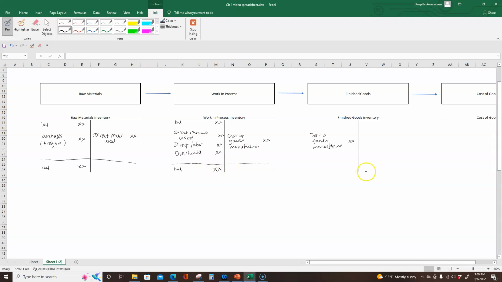Now let's look at finished goods inventory. These are completed items. The finished goods inventory account is an inventory account. It's an asset account. So unsold items from last period are shown in beginning balance. Cost of goods manufactured is what was finished during this period, so that increased the finished goods inventory balance. Anything the company sells decreases the finished goods inventory, so we call that cost of goods sold, and then cost